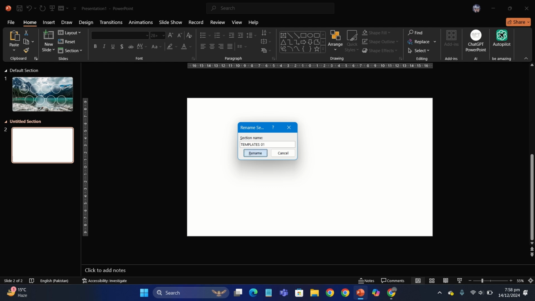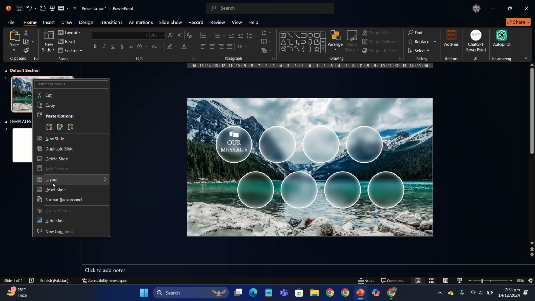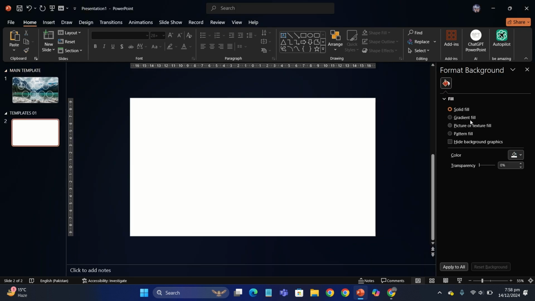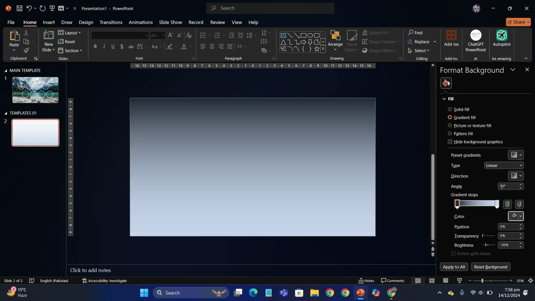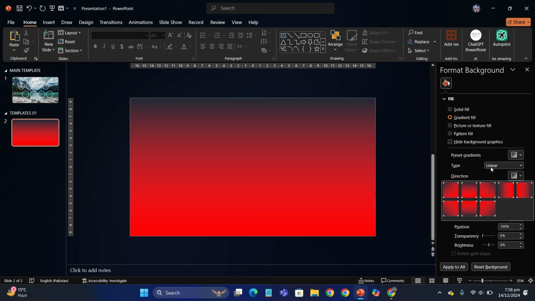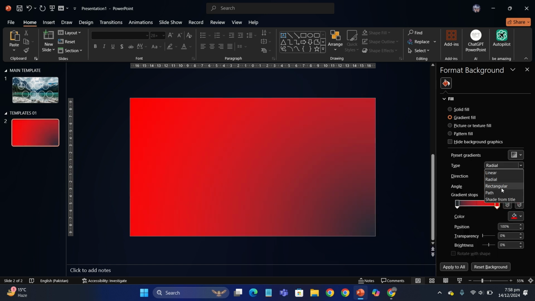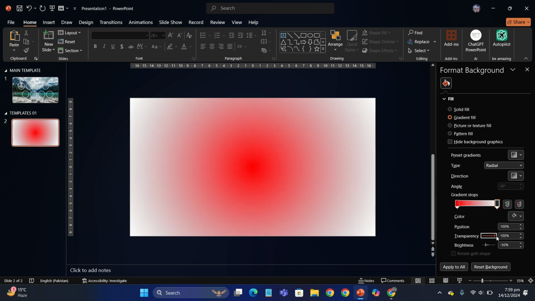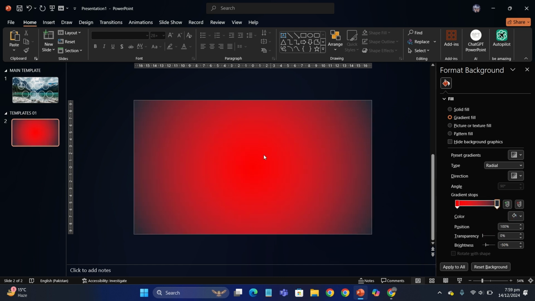You have to insert a new slide and create two sections, one for the first slide and one for the next one. And rename these sections. Go to format background and then give it a gradient background. So as you can see, these ones doesn't look really nice. So what I'll do is